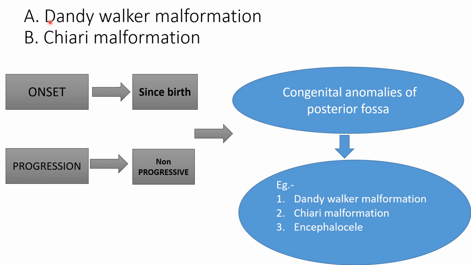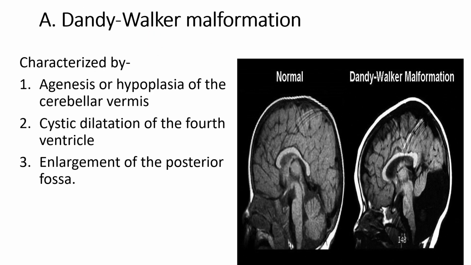Now in the first and second options, Dandy-Walker and Arnold-Chiari malformation, the onset of symptoms is since birth. So the child will have delayed development since birth. In the progression, it is non-progressive. These two are congenital anomalies of the posterior fossa. Dandy-Walker malformation is characterized by these three characteristic changes: agenesis or hypoplasia of the cerebellar vermis, cystic dilatation of the fourth ventricle and enlargement